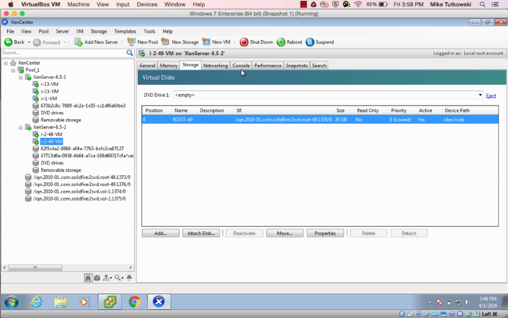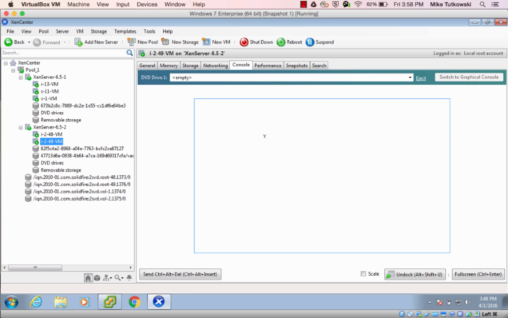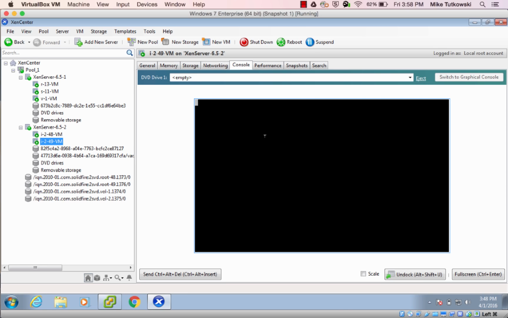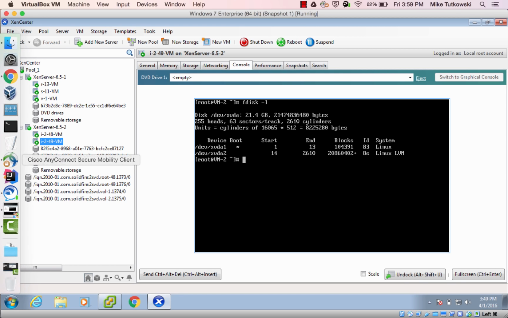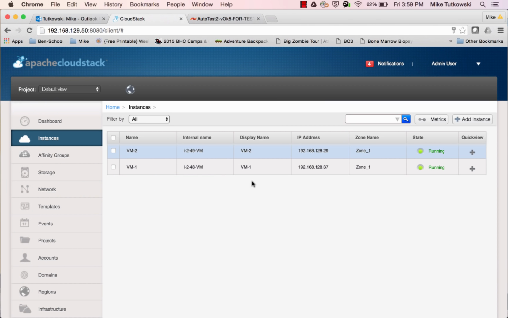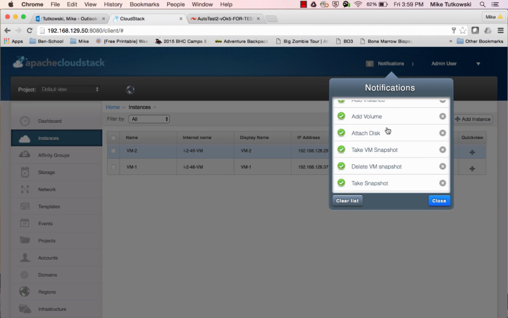We can take a look at its console, and it's blank to begin with. Just hit enter to get that up and running. Let's log in. We've actually not logged into this VM ever. Now we're logged in. I'll go ahead and hit clear, fdisk -l. As you'd expect, we have our 20 gigabyte root disk, and that VM migration worked just as expected. So let's go back over to CloudStack. We can see here in the notifications area,